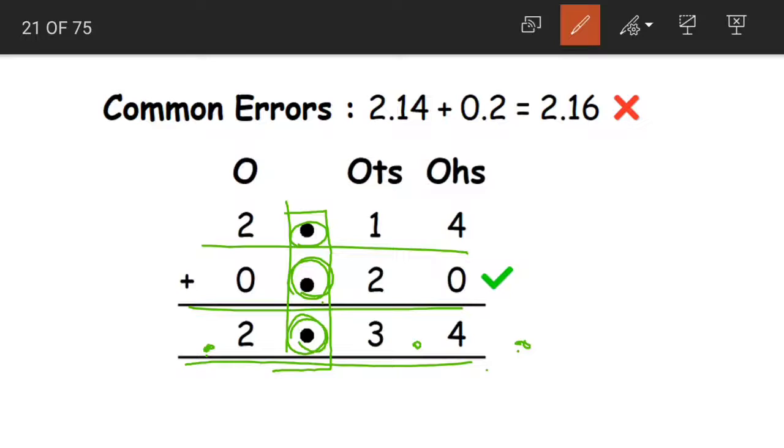If you know how to add rupees and paise, children, as in the money chapter you might have learned how to add rupees and paise, adding decimals is very much the same as adding rupees and paise. Yes, how to write it?